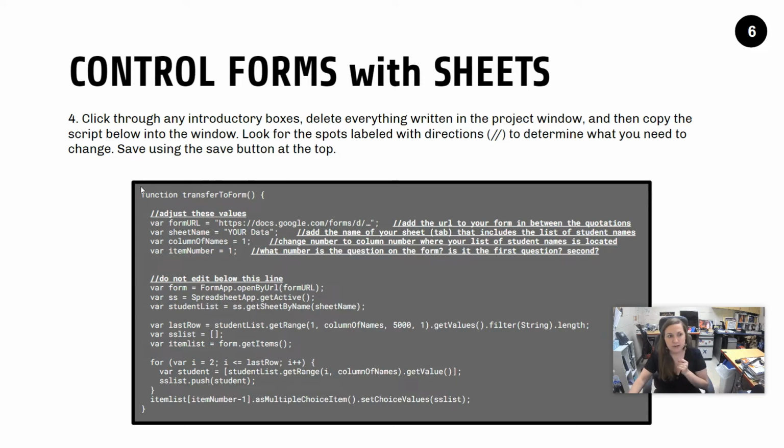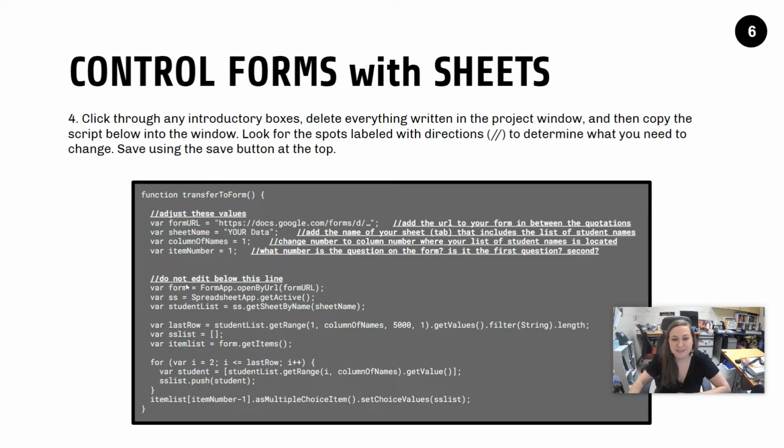And then you're going to copy and paste this script. You have a copy of this presentation. You'll also have an ebook that goes along with it that you can copy from if that's easier for you. You're going to copy everything in the script, and then paste it into the window that is on your screen. All right, so it's going to have all of this in there. I've marked with these little slashes, those are forward slashes, not backslashes,